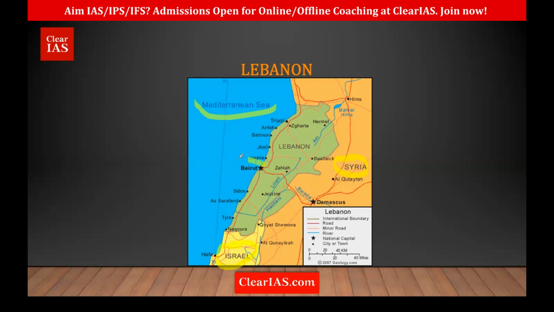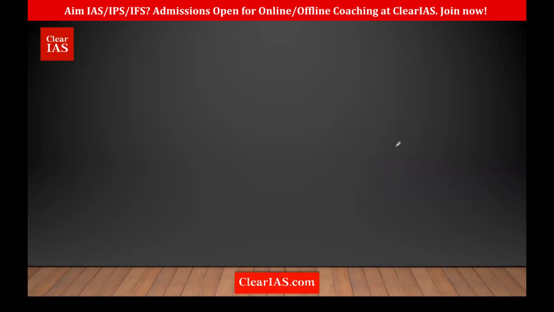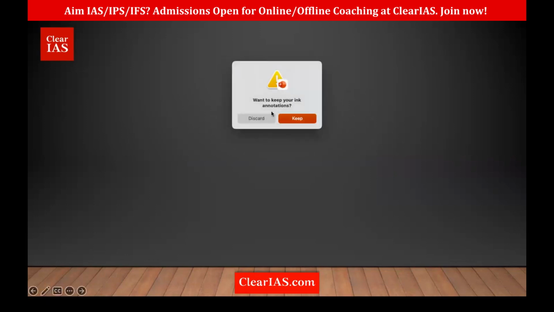Then Beirut, remember this place, it is the capital of Lebanon. So these are the 5 Syria region countries. So Lebanon has only 2 countries and only one sea, that is Syria and Israel. So we'll just have a look at this once again because usually this is very confusing.